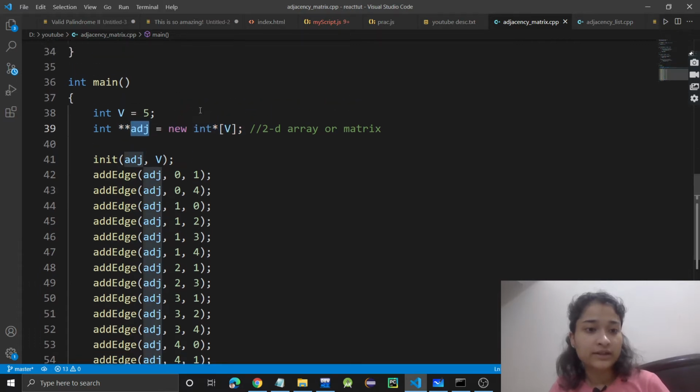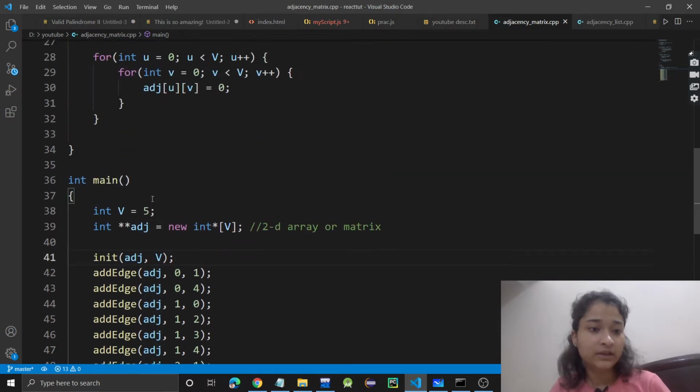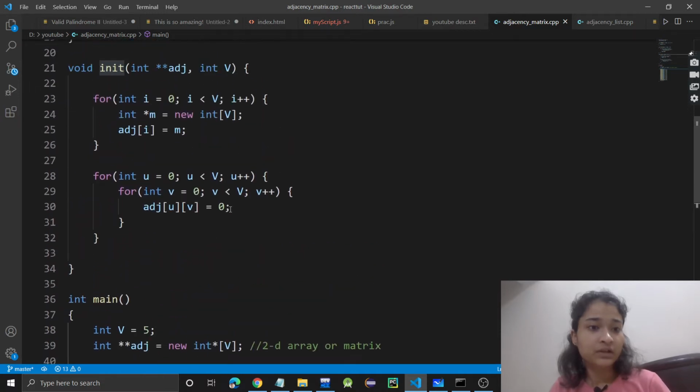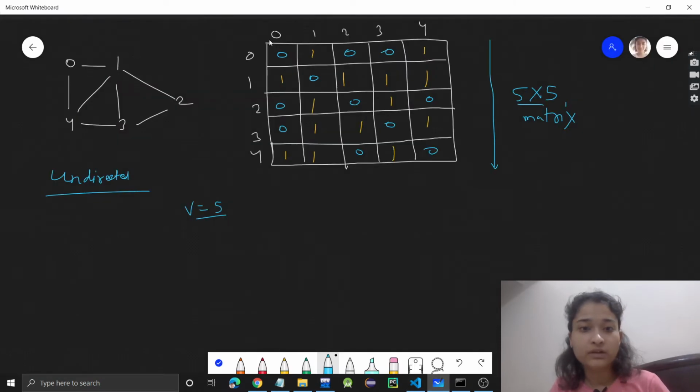First of all, we are initializing this adjacency matrix. In this init function, I will be doing two things. First, I will be making a vector and storing it at each index, which is how to make a 2D array or a matrix dynamically.